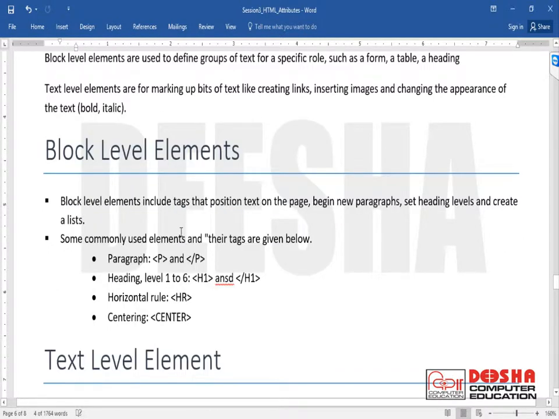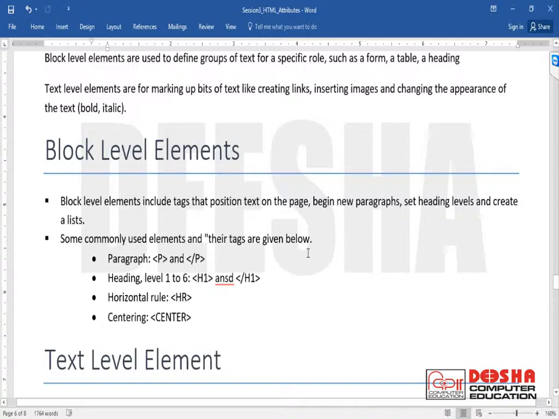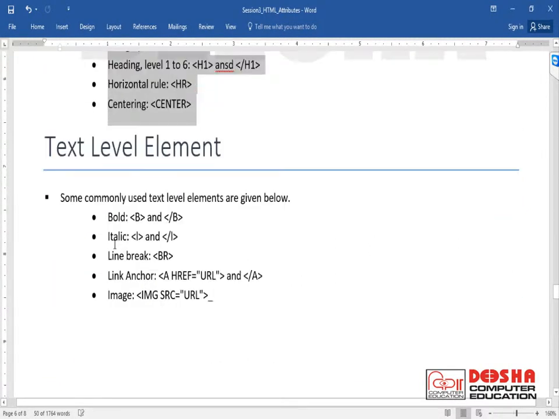Actually block level elements create blocks: paragraph, H1, H2, HR. These elements are used to create the block. Whenever we begin a new paragraph, whenever we set the heading levels, whenever we create a list or table, these elements will create a separate block. Text level element is another category.